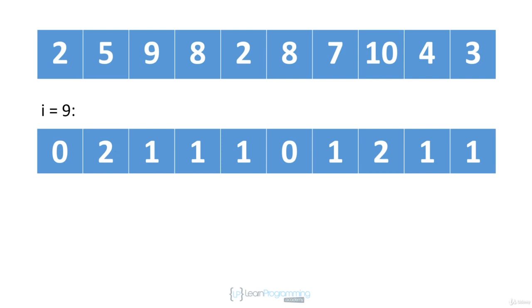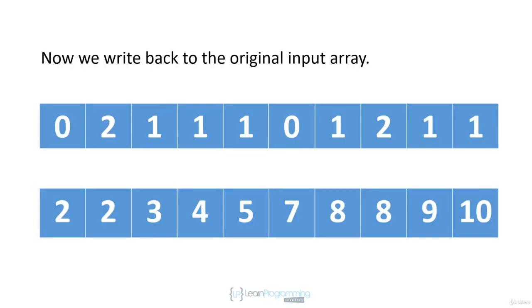And so at this point, we've traversed our entire input array, and we have counted how many occurrences of each value we've seen. And so what we want to do now is, using the counting array, we're going to write back the values to the original array. So in this slide, the counting array is at the top, and the input array is at the bottom after we've written it back. So the way this would work is we'd